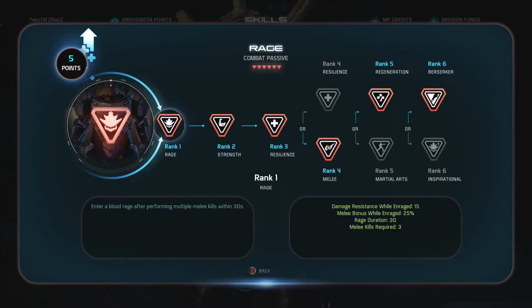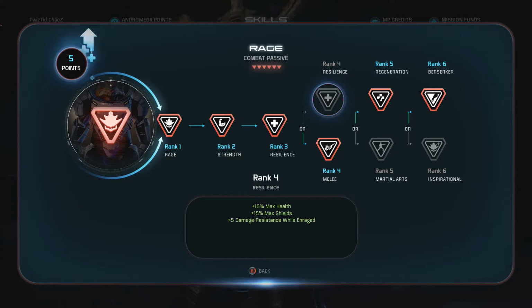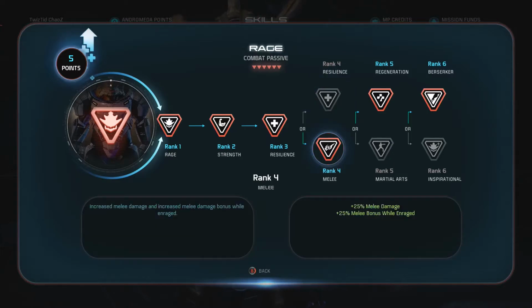And then for rage, for rank 4, I had resilience before, and I wanted to test it out, and it's actually really good if you want to have a lot of survivability, because you're gonna get rage a lot with this character. So with this, you'll have that 5% damage resistance while in rage, and the extra health and shields, and it kind of helps a little bit if you want to survive a little bit more. I've noticed it helping a little bit, but I went for the melee damage because with the extra 25% and then another 25% when you're in rage, so 50% total when you're in rage mode, is a really big deal,